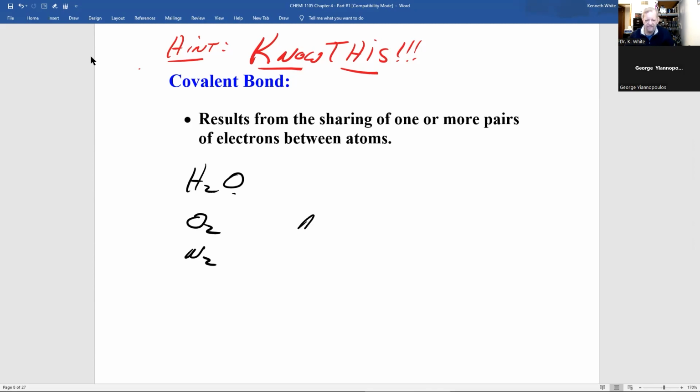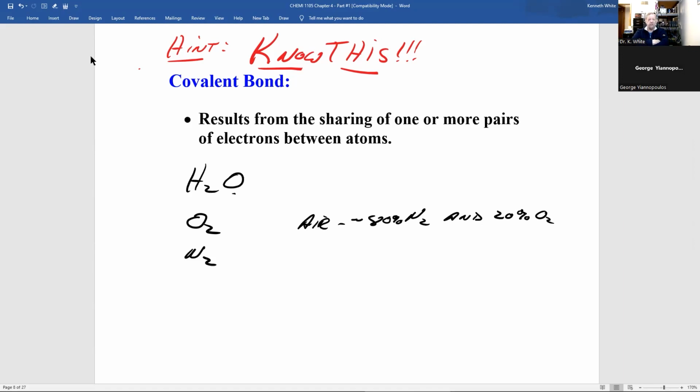I believe air is approximately 80% by weight nitrogen molecules and 20% oxygen molecules. And when you inhale, you are inhaling oxygen molecules, O2, in which the two oxygen atoms are held together